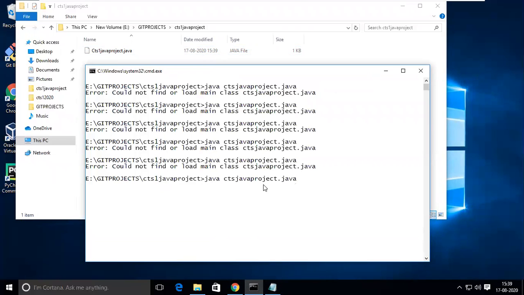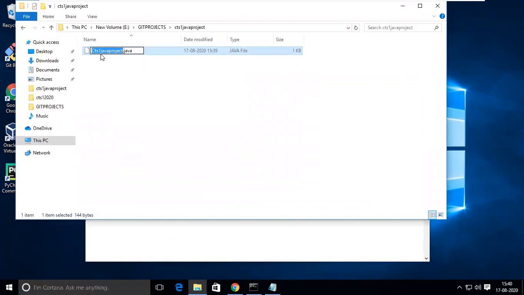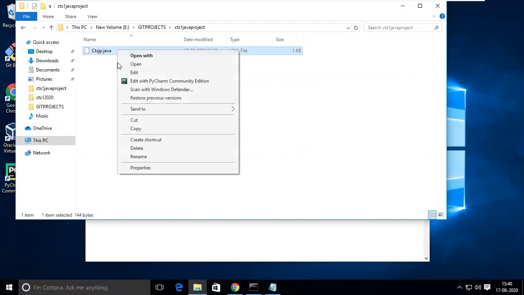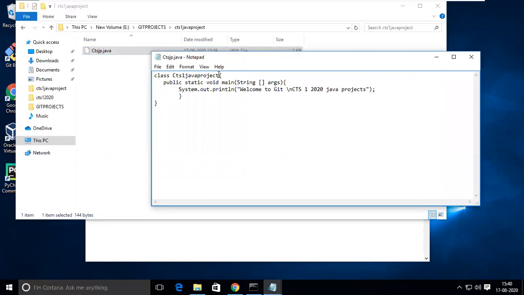Now it's not working, so rename. I will use a simple name, CTS JP. JP is enough. So then I'm going to edit, CTS JP.